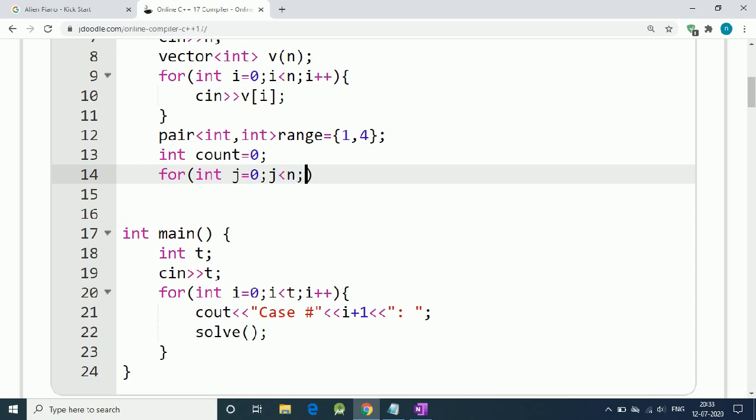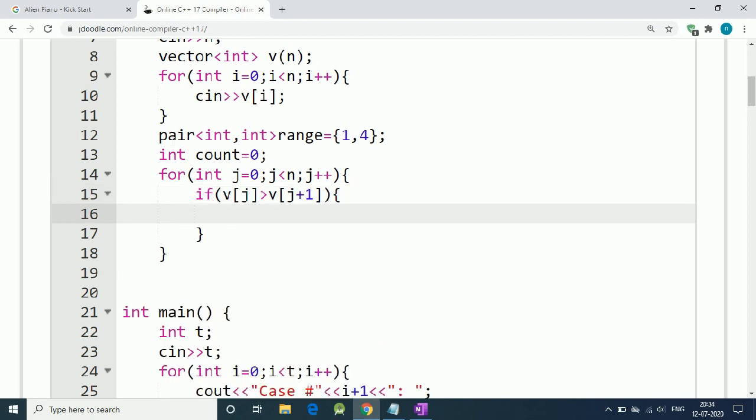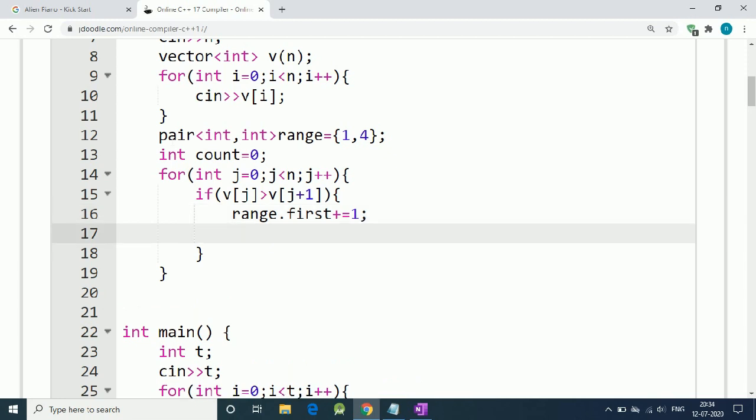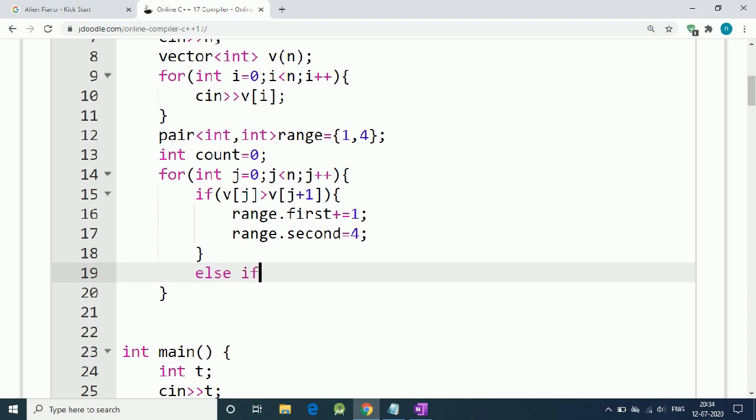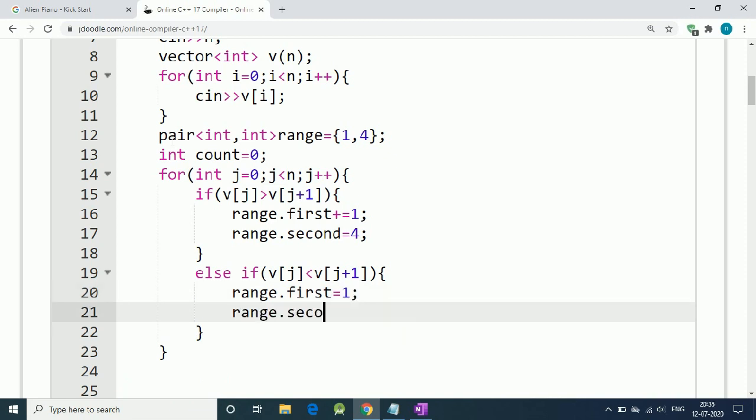So we go through the entire keys and we check if our jth element is bigger than its next, then we increment the first, and the second will remain the same. Else if it is less than, then first will remain the same and second will decrease by 1.